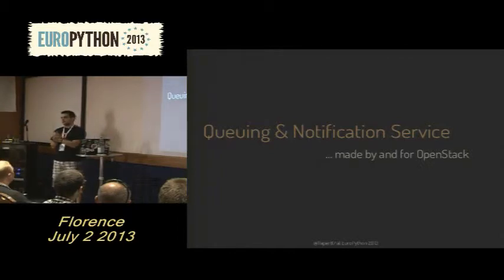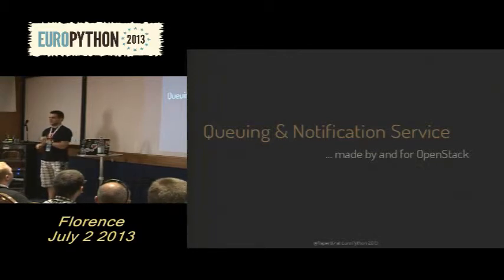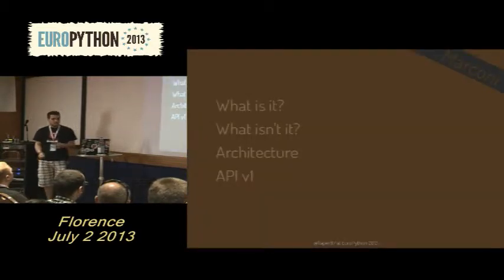So, hello everyone. Thanks for being here, first of all. This talk is about a new project we started earlier this year, in January actually. It's called Marconi. It's a queuing and notification service for OpenStack, made for OpenStack. What we're going to talk about today is what Marconi is and what it is not,